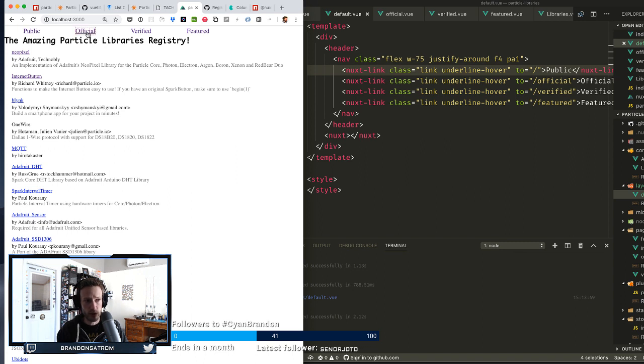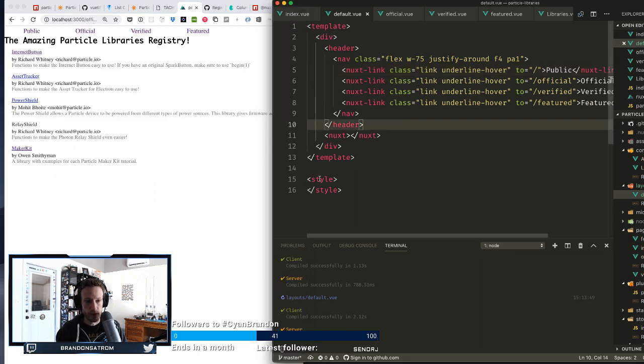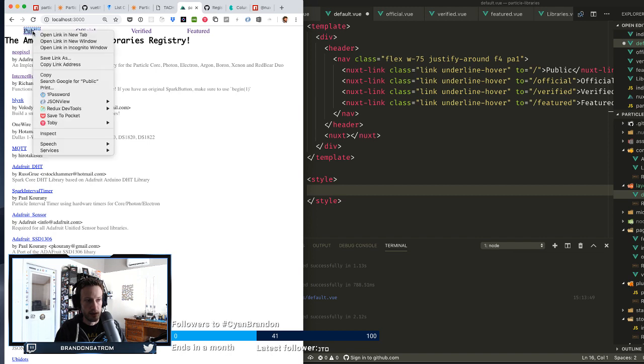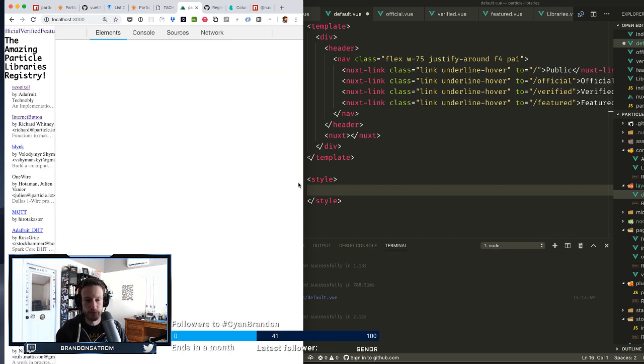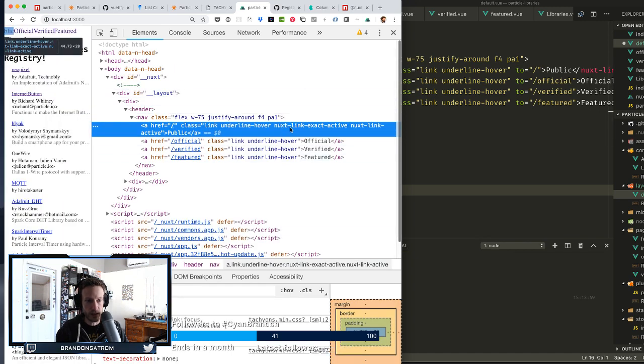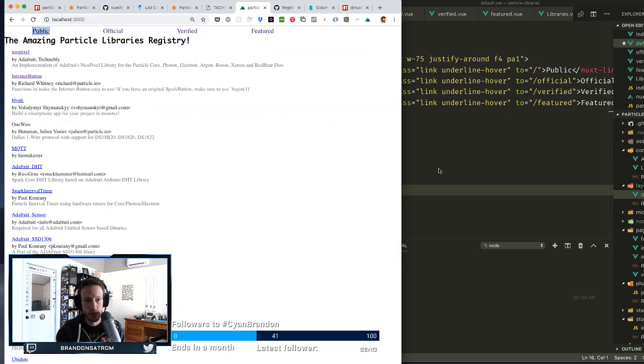What it doesn't do is tell me which page I'm on currently or which link I've currently clicked. So in order to do that, I'm going to add a style, and there is a Nuxt class for this. Nuxt link. For instance, I'll show you what it looks like. So which page are we on? Public. If I inspect this, look at the CSS, you can actually see this Nuxt link exact active here. That class is on. It's not on the rest of these, but it is on this one. So I can use that class in order to specify this is the one that I want you to show